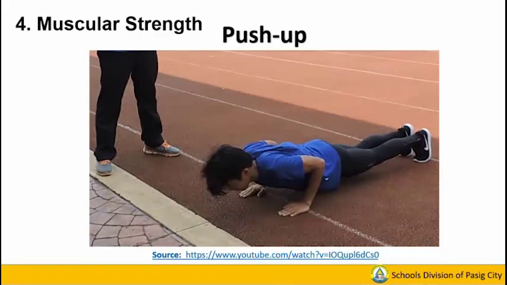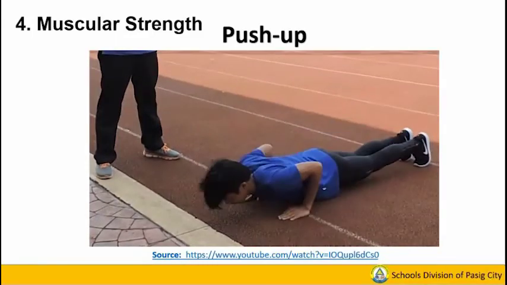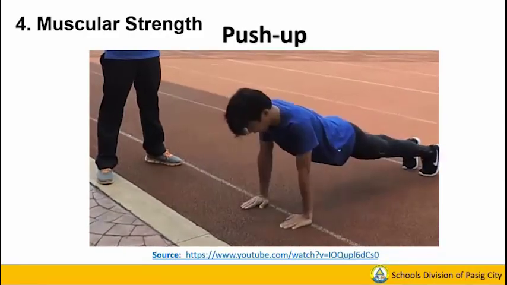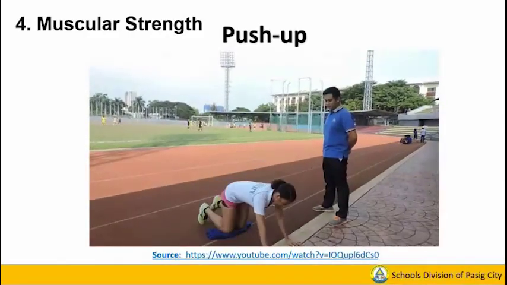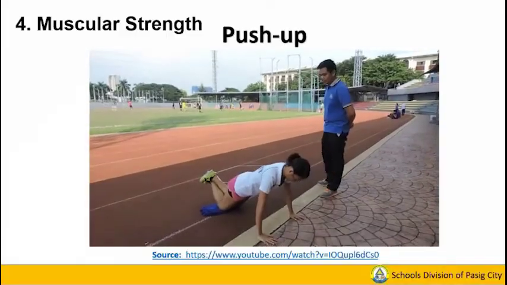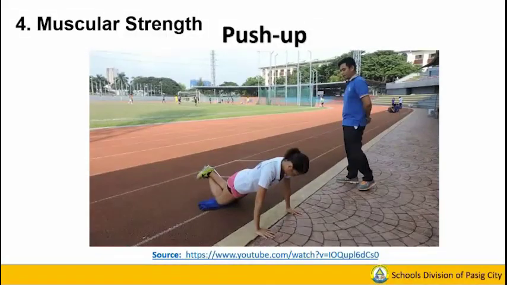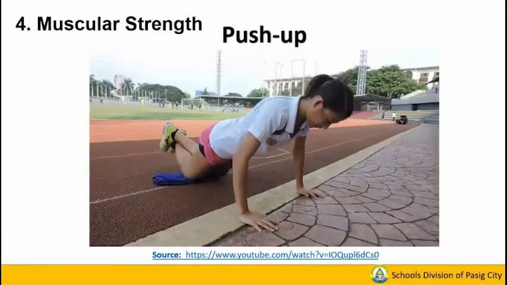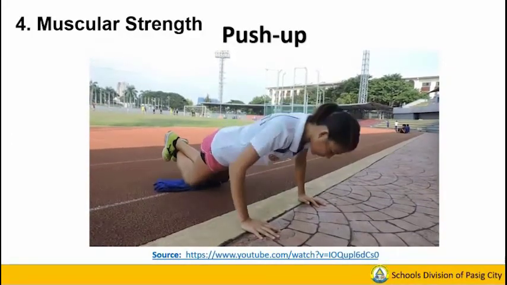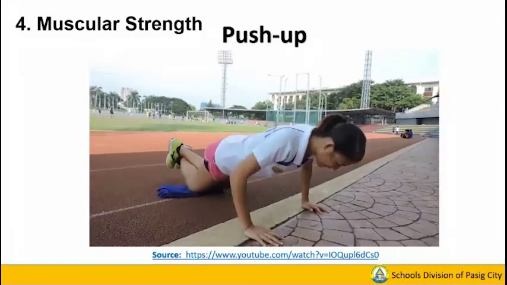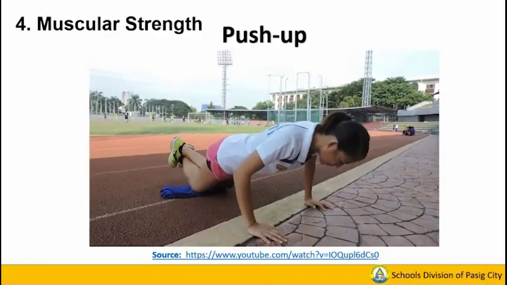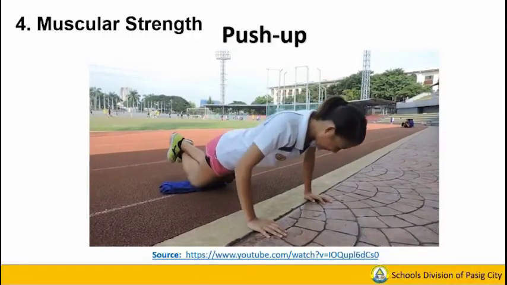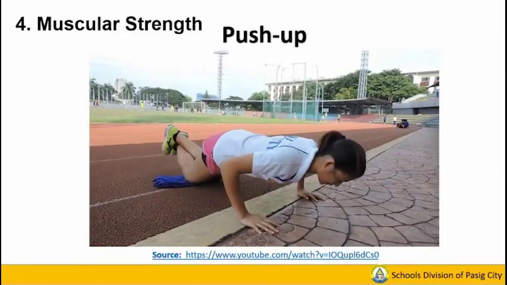Then lower the arms until there is a 90-degree angle at the elbows. Upper arms are parallel to the floor. For girls, with knees in contact with the floor, straighten the arms, keeping the back straight, then lower the arms until there is a 90-degree angle at the elbows. Upper arms are parallel to the floor. Perform as many repetitions as possible, maintaining a cadence of 20 push-ups per minute, 2 seconds going down and 1